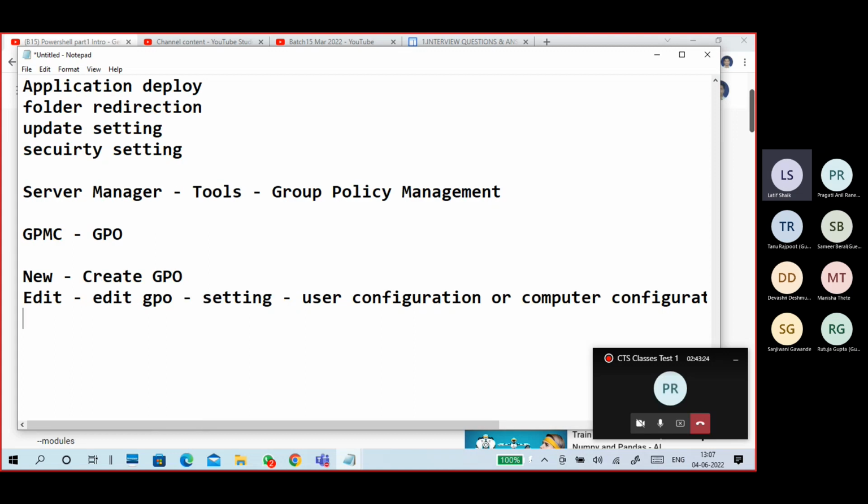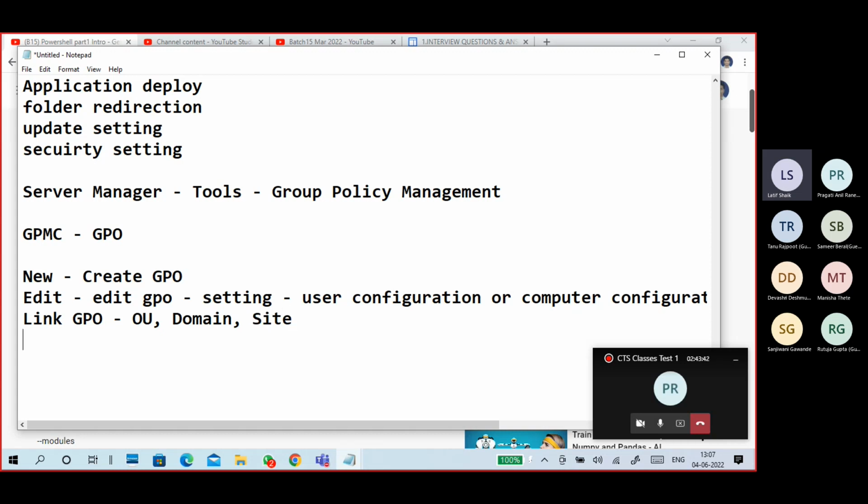Once you are done editing, then link the policy. Okay, so link your GPO. Where can we link it? You can link to OU, domain, or site.